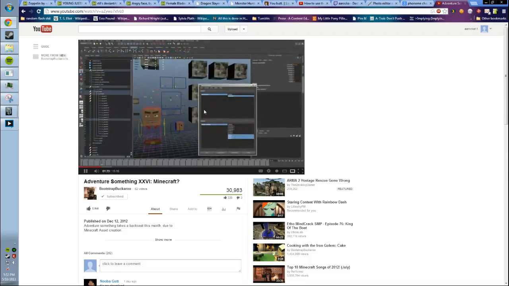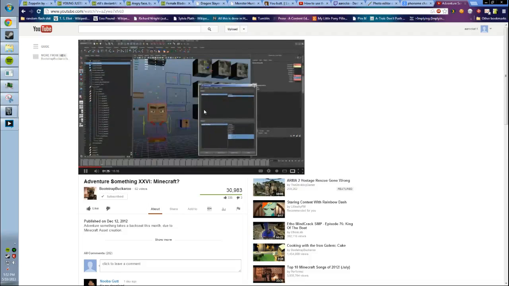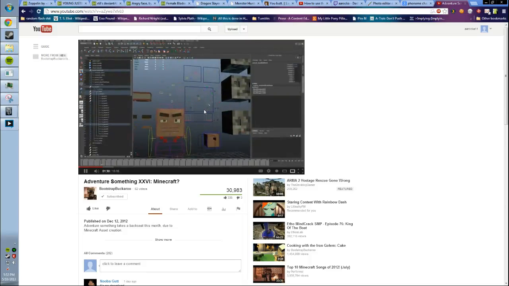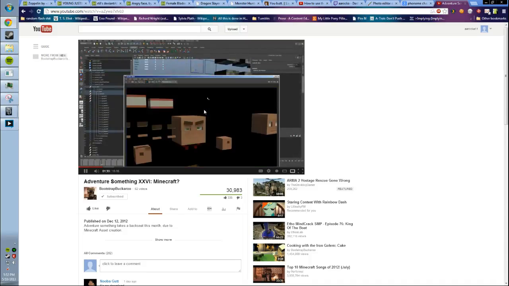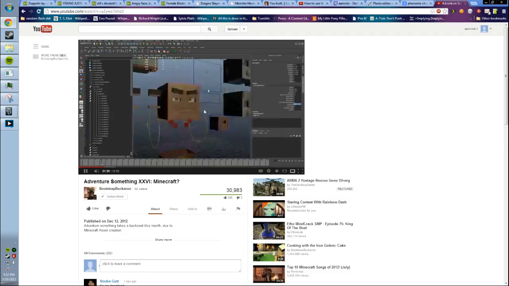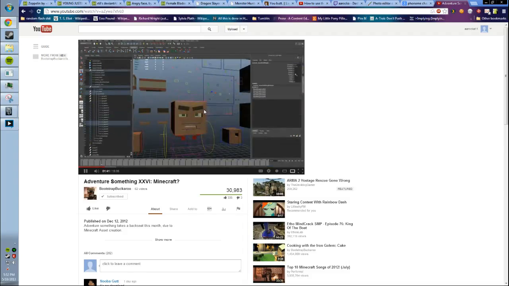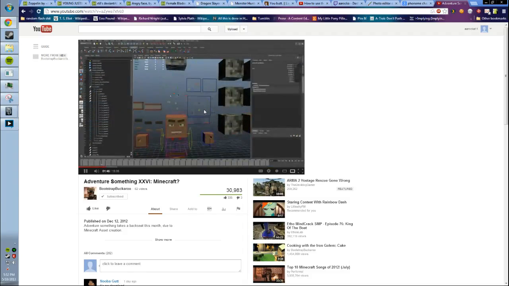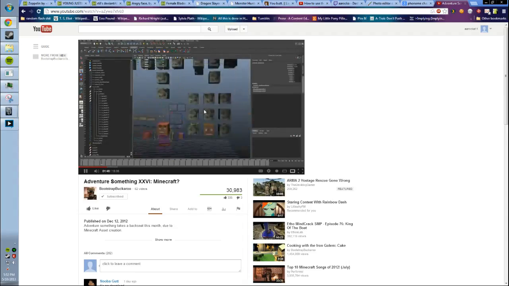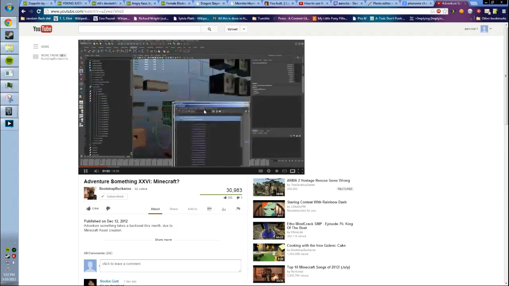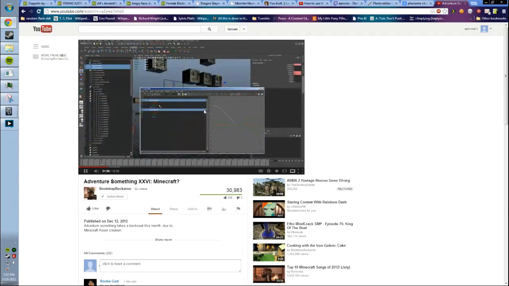So this allows me to go back and forth using a system that's not too different from each other. Bounce back and forth from animating a Minecraft character and animating an Adventure Something character, using close to the same system. So it's not a 180-degree change in the way that the characters are being animated. It makes it easy to traverse back and forth. So basically, someone who could handle a Minecraft character rig, this rig here, could also handle the rig setup for Adventure Something. So I'm mainly going through here and incorporating